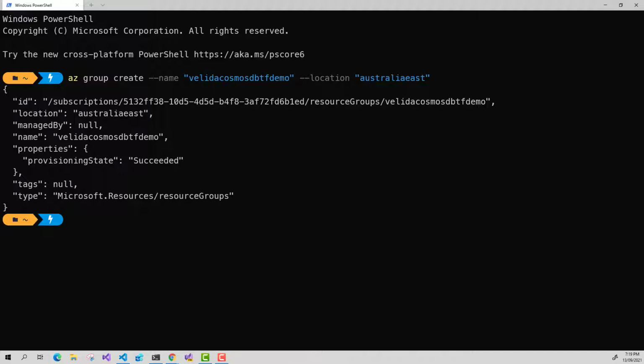Now that I have my resource group, I can create my storage account. So to do this, I'm going to go az storage account create. I'm going to provision it in the resource group I've just created. Now I can use variables for this, but I'll just put in the name that I specified earlier, Valida Cosmos DB TF demo. And I can give it a name. So I'm just going to go Valida Cosmos DB TF, just give it TF state. For the SKU, I'm just going to use standard